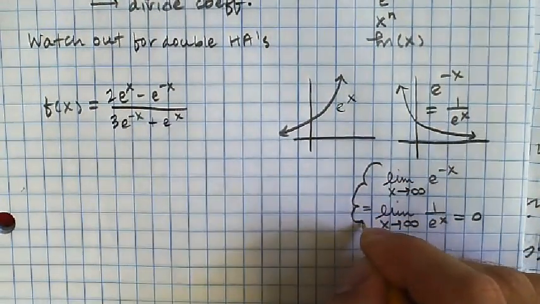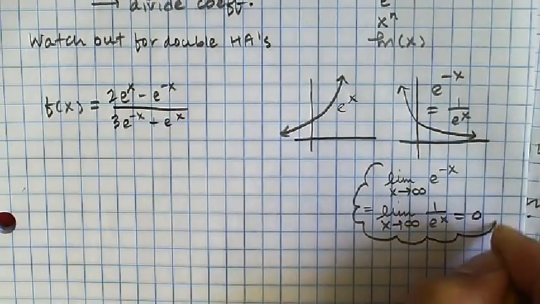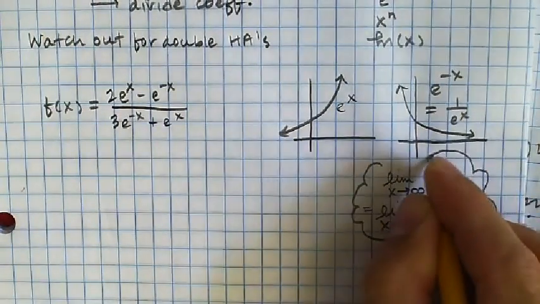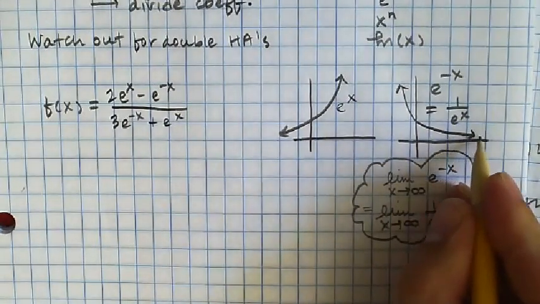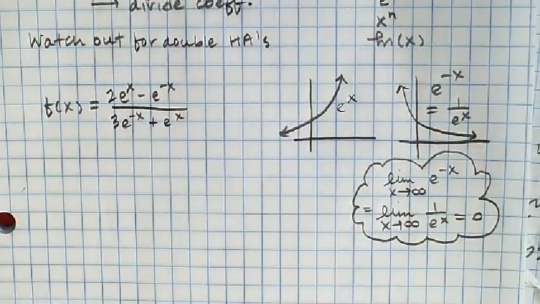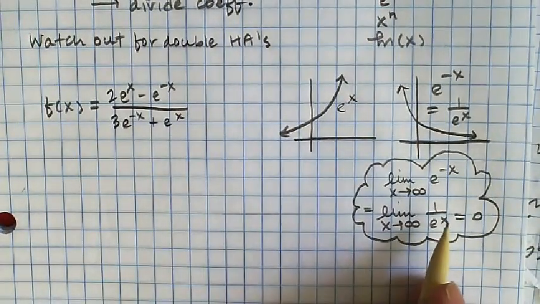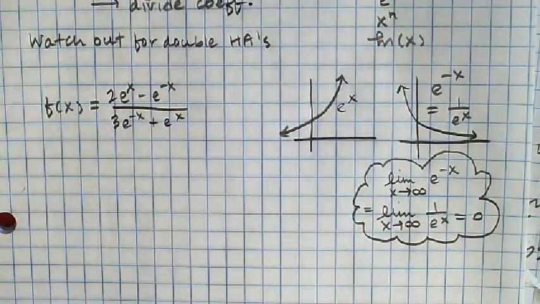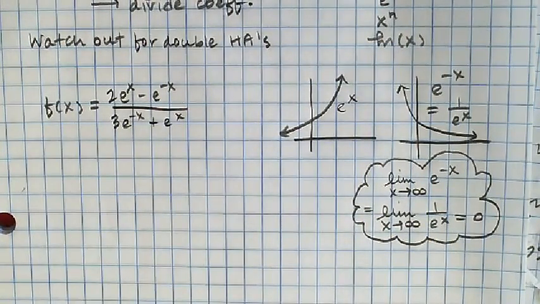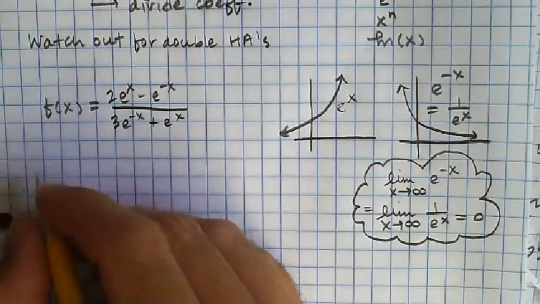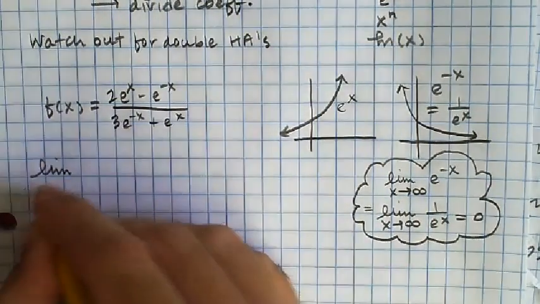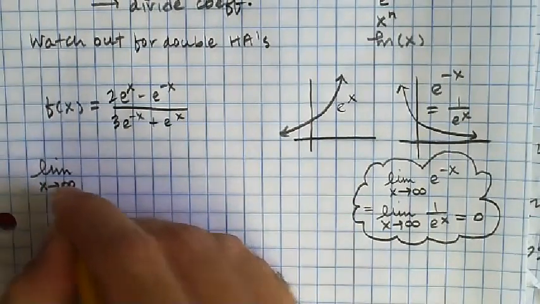Okay. And we can see that, just on my quick sketch, the bigger x gets over here, the closer we're getting to 0. Okay. This is a big limit here. This is going to come up repeatedly in this course. Okay, so if we want to find both horizontal asymptotes, we need to consider what happens at infinity and negative infinity separately. So I'm going to say, as x goes towards infinity,